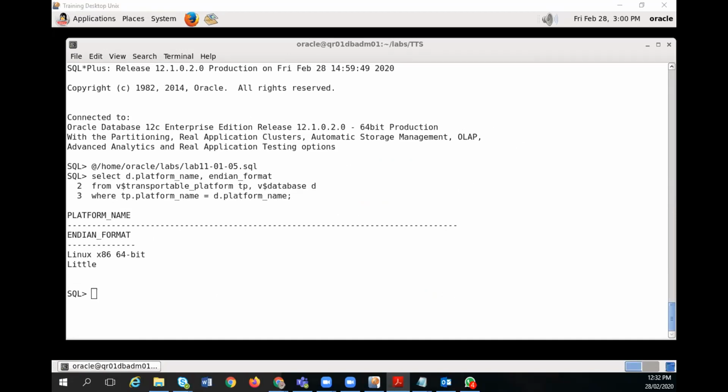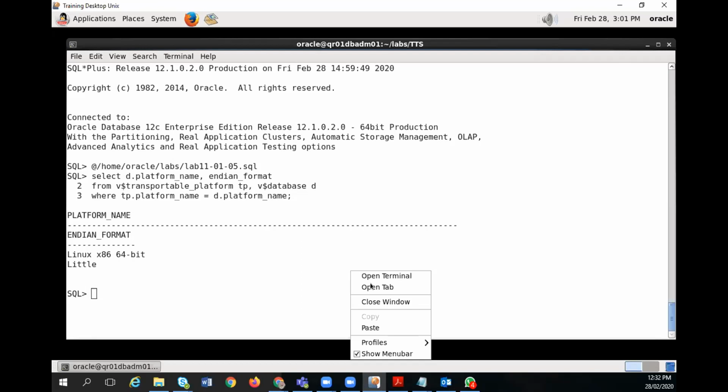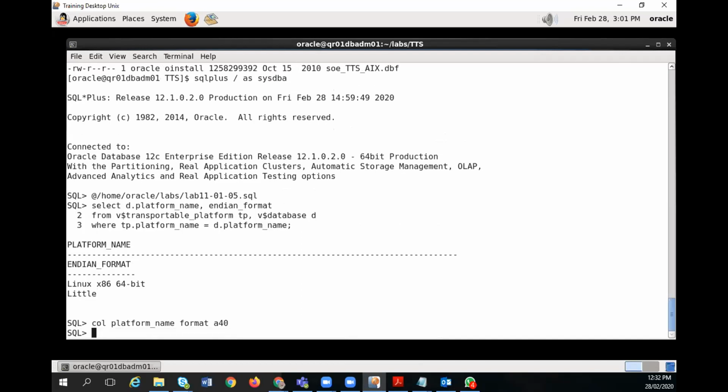And now here I'm just formatting my columns to get my transportable tablespace platform information, where we can migrate and other stuff. So select star from v$transportable_platform, to see from which server it is supported. Let me check.